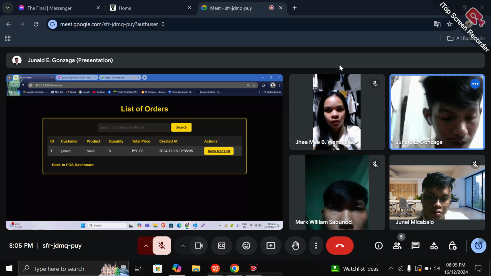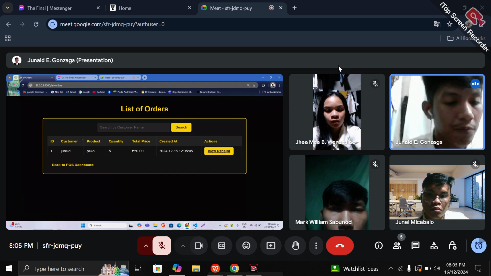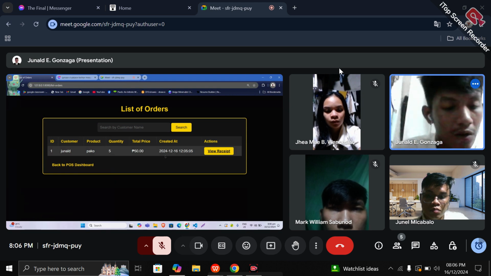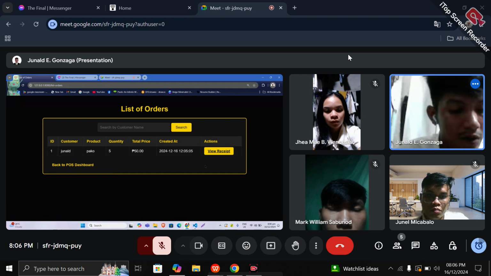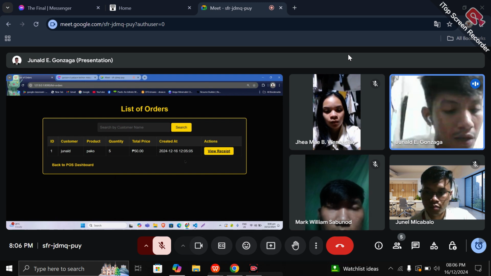Here you will see the customer ID, the customer's name, the product they purchased, how many they bought, how much they paid, and the date of the order. You can also click view receipt to see the details from the list of orders, and an additional feature is that the receipt can not only be printed but also saved as PDF.